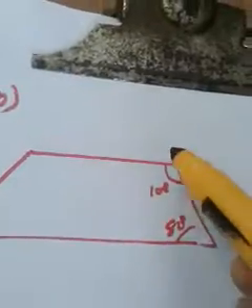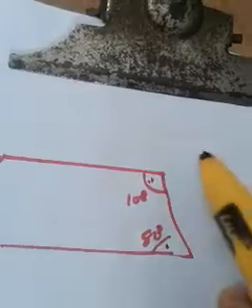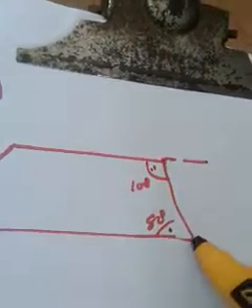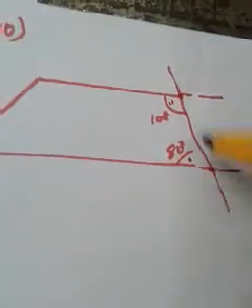Just like this, think about these 2 lines. You can consider it as a transversal, and these both are angles on the same side of transversal. If you have any doubt, you can produce. See, 2 lines. I don't know whether they are parallel or not. Consider this as a transversal and both angles are on the same side of transversal, just like this.